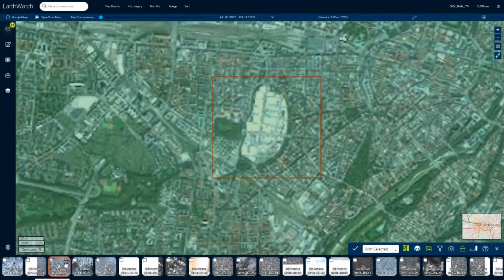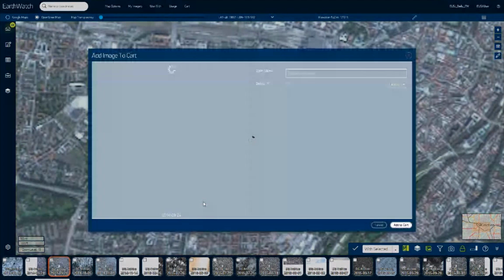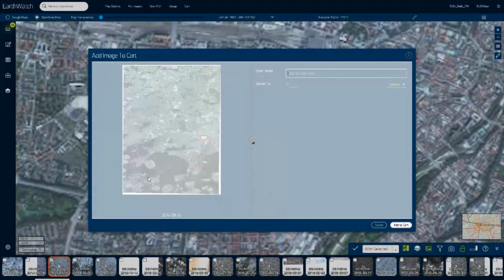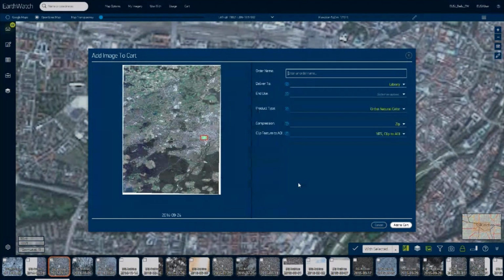First, for that, we use the hamburger menu down there. From here, we can add the image to the cart, and a new window pops up. This takes a few seconds. And here we can first create an order name. Let's call it unique 2014.